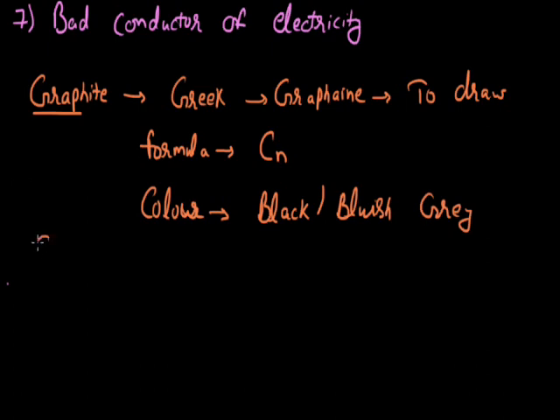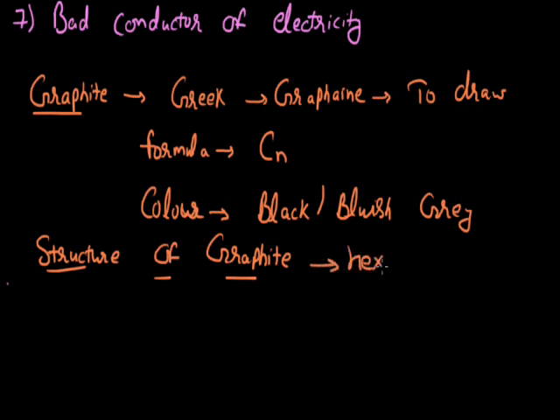Now we will deal with the structure of graphite. Graphite exists in nature in hexagonal layer form. In these hexagonal layers, each carbon atom is attached to another 3 carbon atoms to form a layer-like structure. This we can see in the diagram. If we take this carbon atom as the center atom, then in the molecule of graphite, it will be attached to another 3 carbon atoms by the formation of covalent bonds.